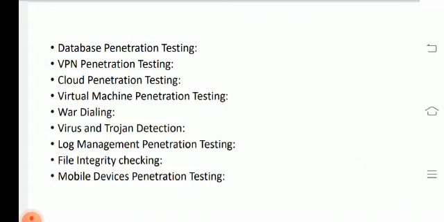Okay, next is log management penetration testing. A log contains records of all events that use a data grid network. Okay, it contains the complete track of events such as status of node, agent transmission, job request, etc. Okay, proper log management helps in tracking any malicious activity such as unauthorized access from outside attackers at an early stage. Okay, so this is the log management penetration testing.